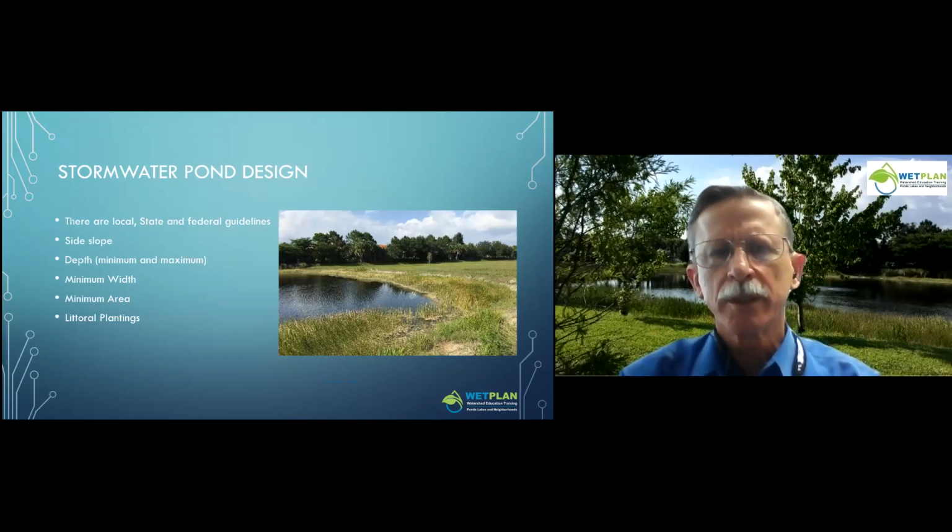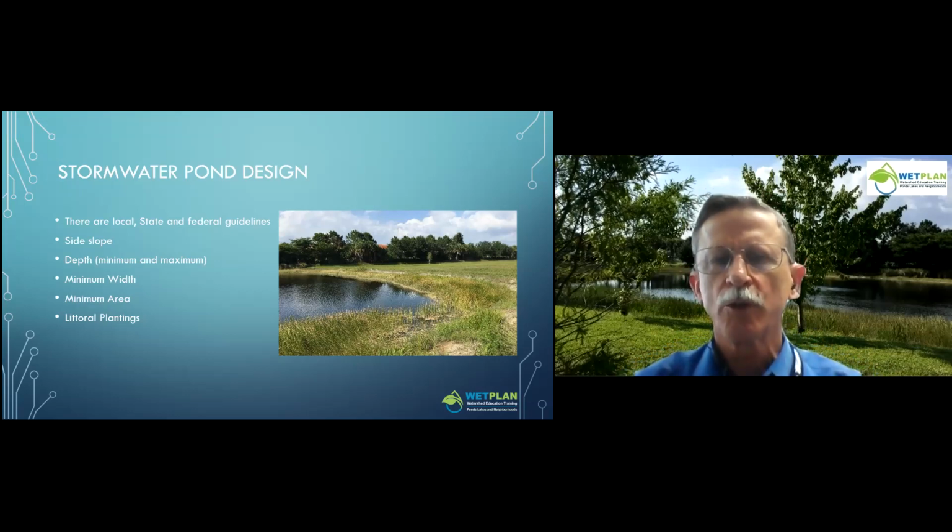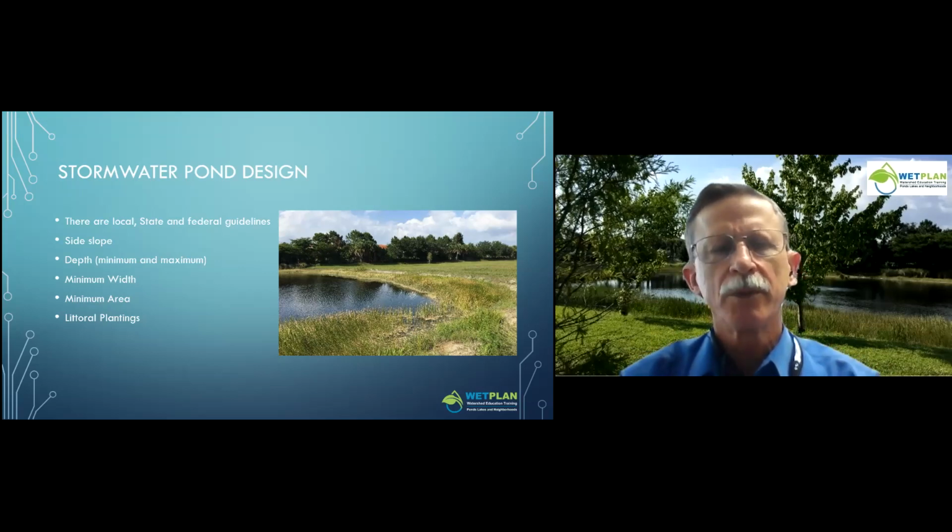In stormwater pond design, continuing, as we talked about, there's state, local, and federal guidelines. Side slopes can be different based on when it was designed and in which community. Typically, a typical pond from control elevation is 12 feet at the deepest. There's also